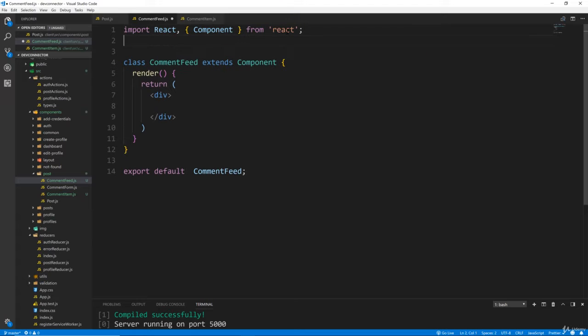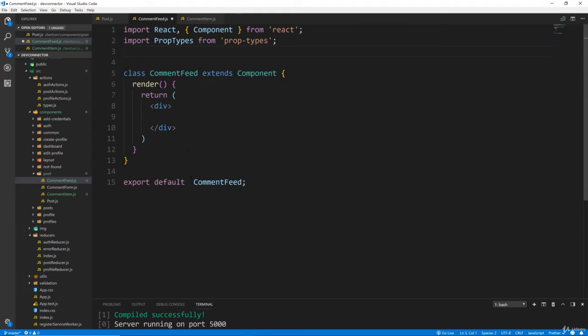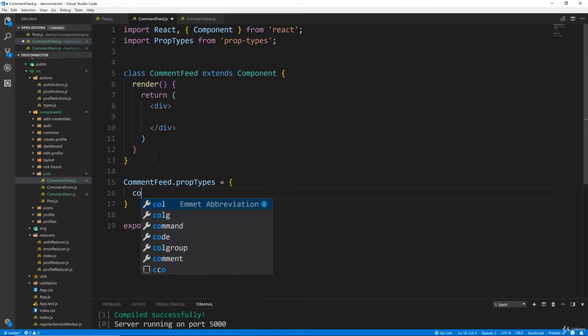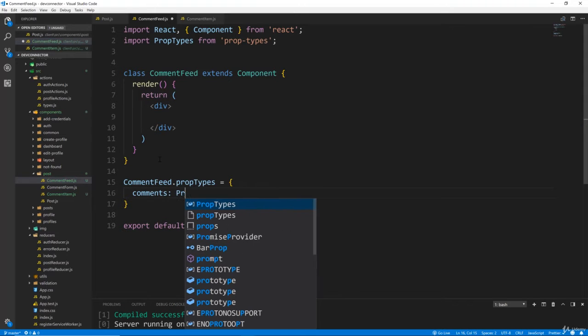We do need prop types because we will have one property. Okay, so down here, let's add comment feed dot prop types, and we're just going to have comments. And comments is going to be an array